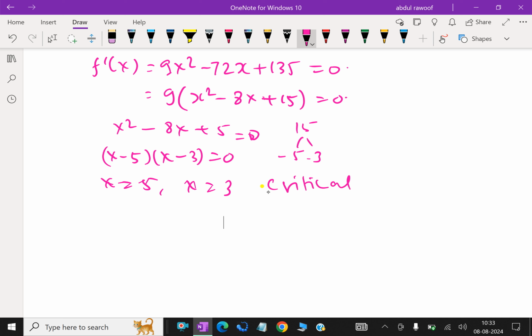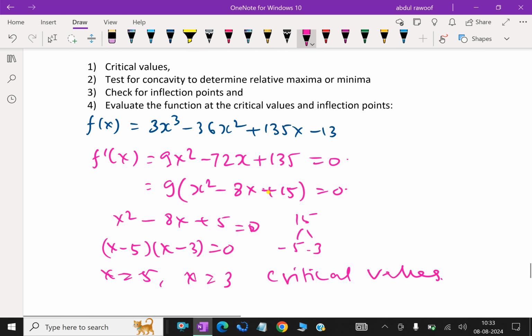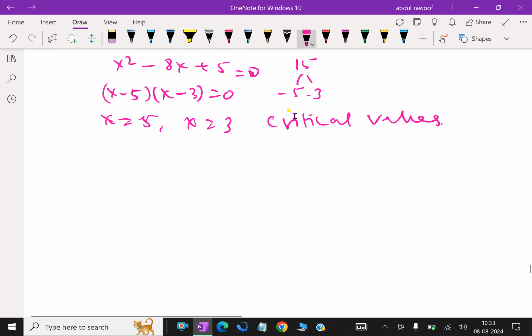These are critical points or critical values. Now, we have to find critical values point. Second one, test for concavity to determine relative maximum or minimum. Next, for the second,